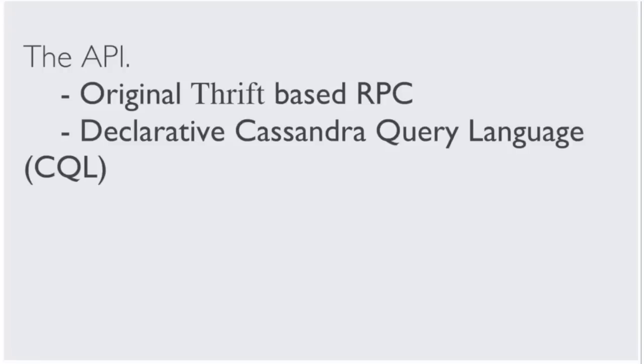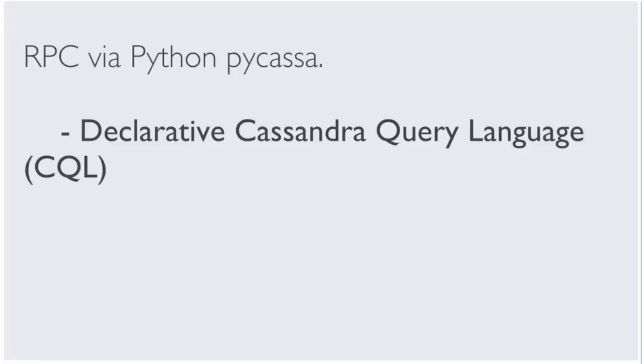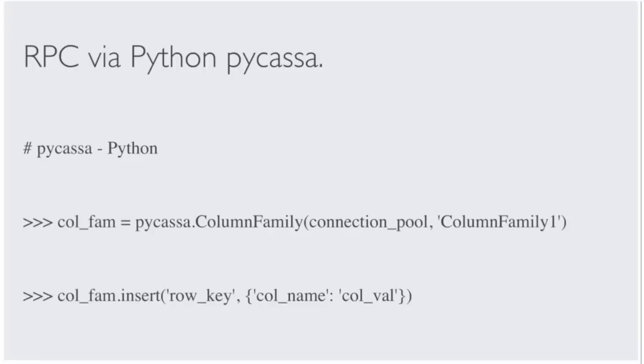The Thrift-based API lends itself to creating language idiomatic APIs. And in my examples here, I'm using Python and a great library called PyCassa from DataStax. There are other libraries for Java, Haskell, Scala, PHP, and they all present a view of Cassandra which matches that